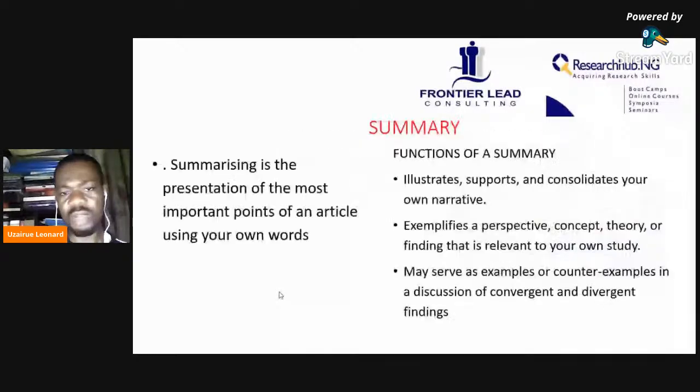Now, for you to summarize your article, the first thing is that summarizing is the presentation of the most important points of an article using your own voice. That's very important. You are summarizing an article, and what you are trying to do is to present the important points in that article using your own words. That's why we deal with reading